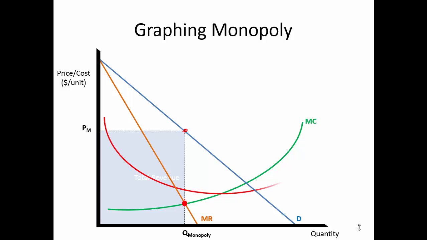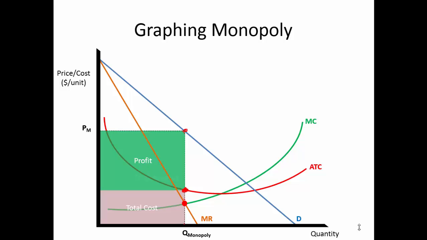To find total cost, we'll draw the average cost curve back in here. And the average cost at this level of output, at the monopolist's level of output, is going to be right here. So that means total cost is just that times quantity. And then profit, remember, is total revenue, which would be this blue rectangle, minus total cost, which is this light purple rectangle. So there's profit right there. And you see that there's fat profits, and they're locked in profits because it's a monopoly.